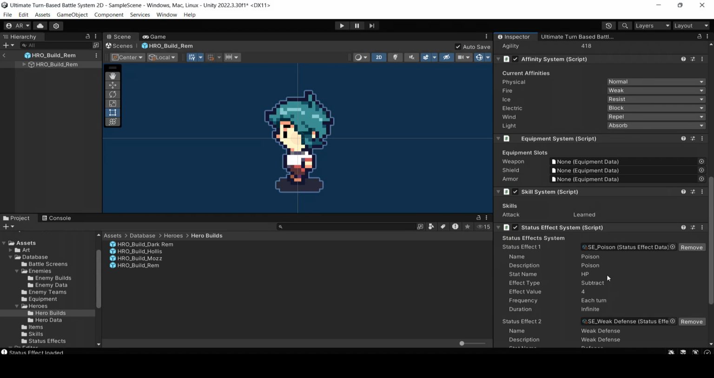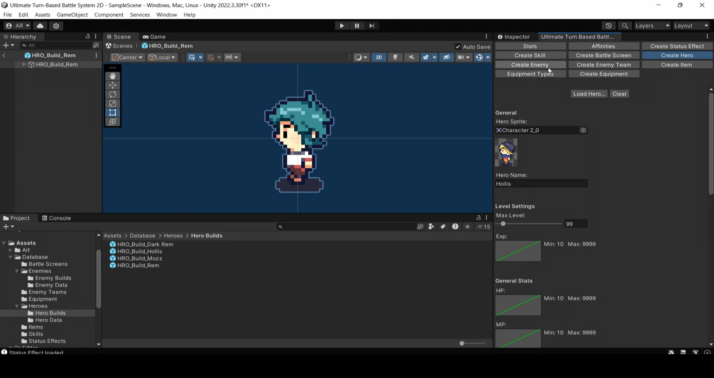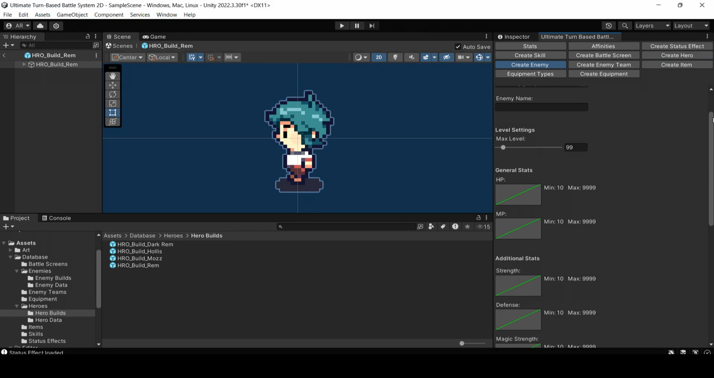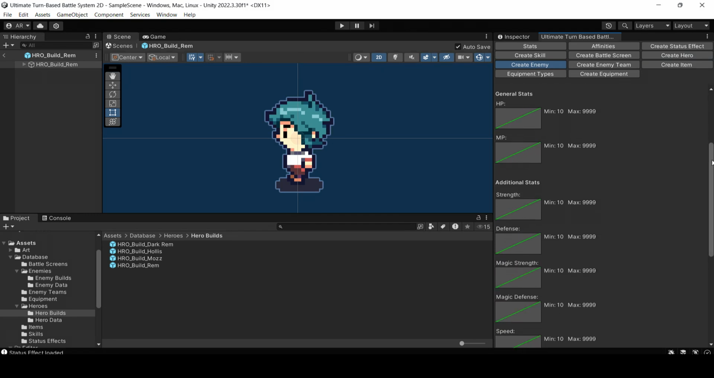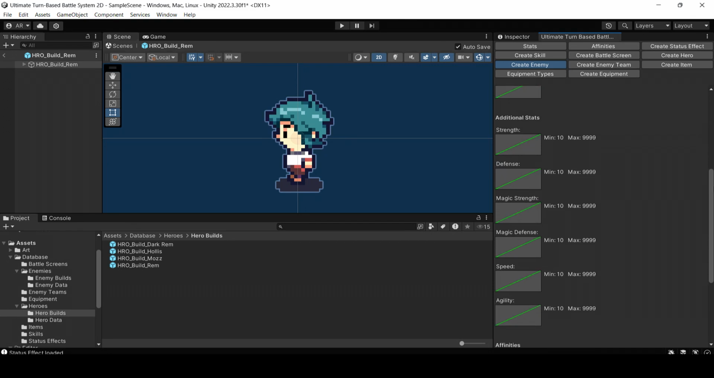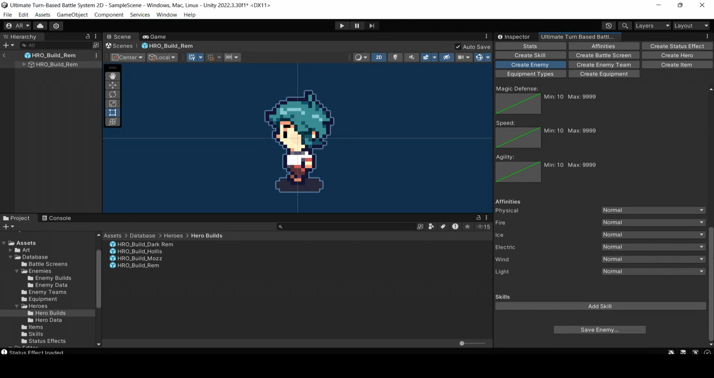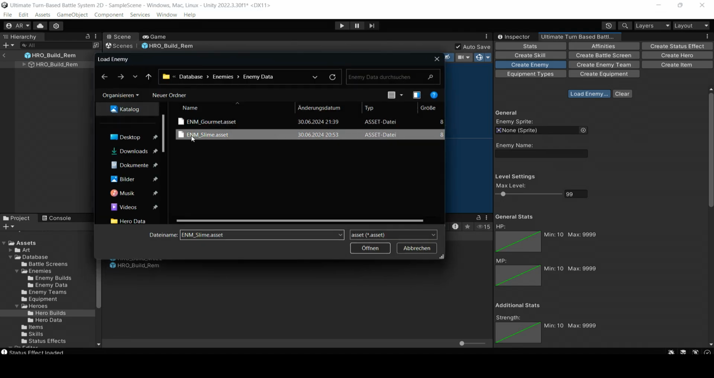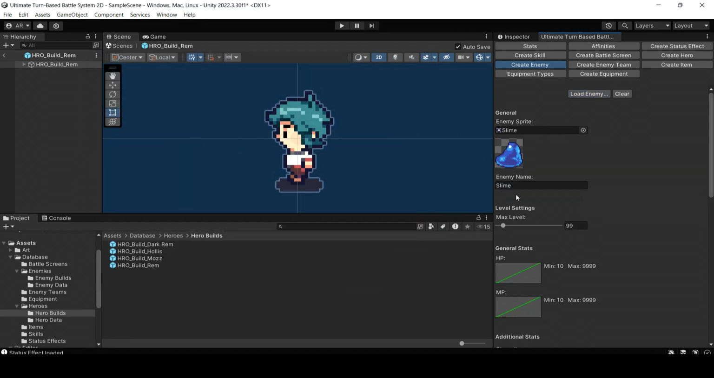Next, let's talk about enemy creation. The process is almost identical to hero creation, resulting in the same data and build structure. You'll define the sprite, name, stats, affinities, and skills for your enemies in the same way as for heroes. This allows for consistency and ease of use across your game. Since the enemy creation tool functions similarly to the hero creation tool, there's no need to dive into the specifics